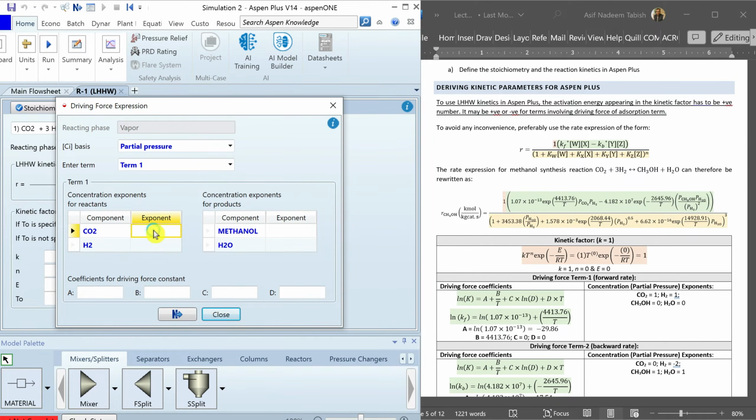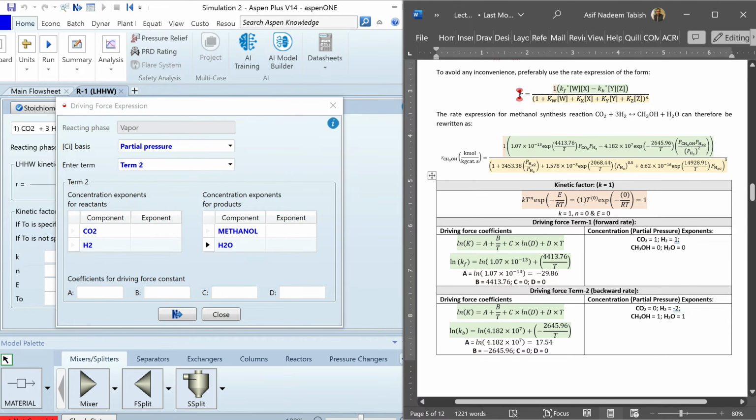The concentration exponents for the first term of the driving force, that is the forward rate, where carbon dioxide exponent is 1, hydrogen exponent is 1 and methanol and water exponents are 0. So put the exponents of carbon dioxide and hydrogen as 1 and methanol and water as 0. The coefficient A is minus 29.86 and the coefficient B is 4413.76. Define the parameters of the second term where the exponent of hydrogen is minus 2, methanol 1 and water